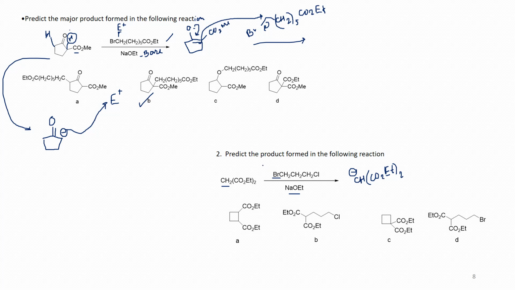Now, as there is bromine, we know bromine is a good leaving group, and it's a better leaving group than chlorine. So first this one will be substituted, so it will attack here and bromine will be eliminated and form